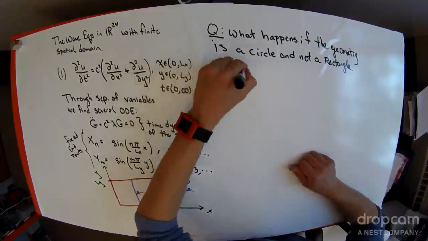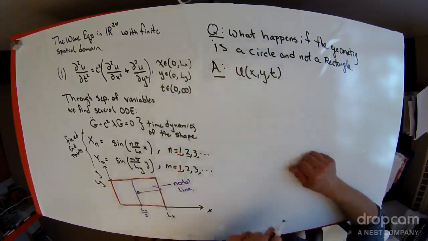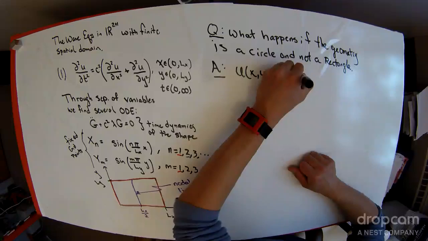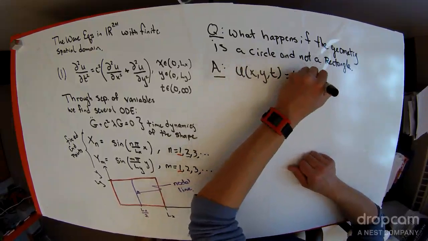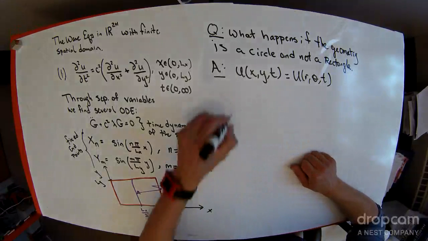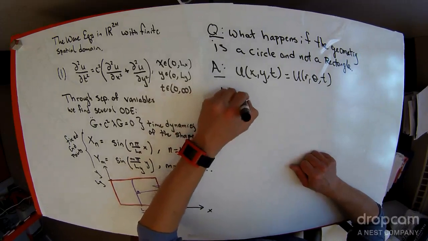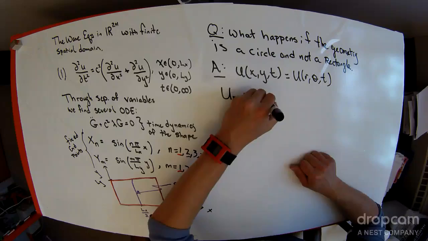Well, if u of x, y comma t is the function that we're going to look at, then it makes sense to look at this function as u being a function of r, theta, and t, converting it to polar. So if I have u sub xx plus u sub yy,